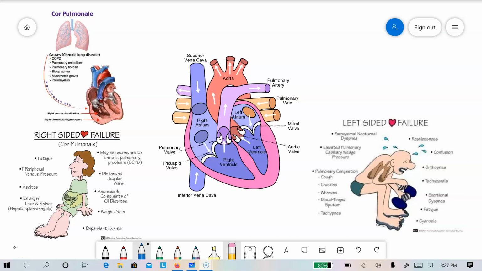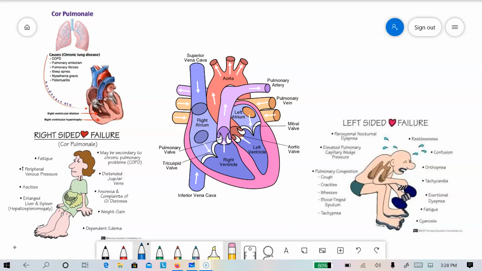We are going to talk a little bit about left-sided and right-sided heart failure. This is just going to be a quick overview to help you have a better understanding. First things first, we really need to do a quick review of blood flow as it comes into the